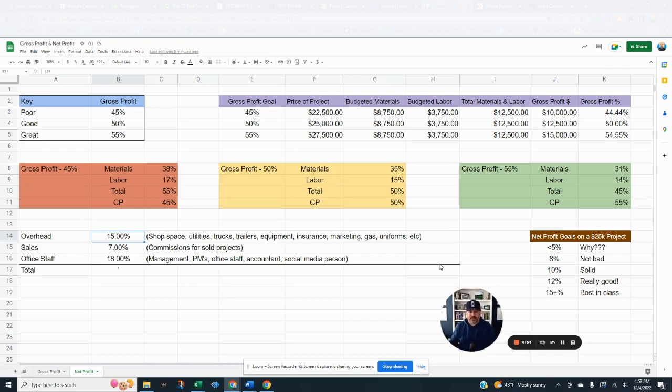And then there's utilities on that spot. There's trucks, trailers, equipment, insurance, marketing, gas, uniforms. You see it, but look over here: there's advertising, bank charges, bank fees, software fees, design fees. A lot of you would have equipment in there. You're going to have gasoline, right? You're going to have insurance. We're at the point where our employees have benefits, so they have health insurance, life insurance, and dental insurance, and we pay 50% of those fees. So we have those as overhead.